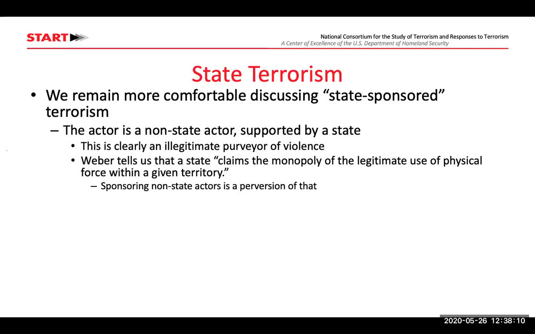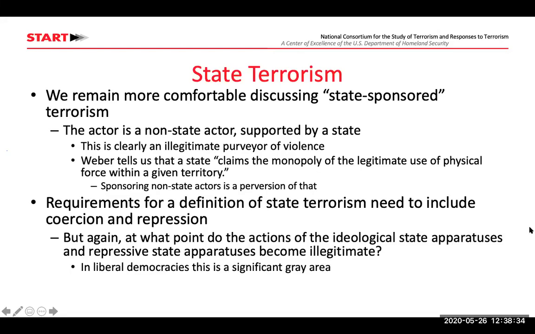And we do have international law, right? And so international law can supersede an individual state's law, an individual nation's law, but this is new territory. State terrorism is new territory. People have been talking about it, scholars have been talking about it for decades now, but in terms of it actually being a real thing in the United States, this is quite new territory. So requirements for a definition of state terrorism need to include things like coercion and repression. So again, though, taking from